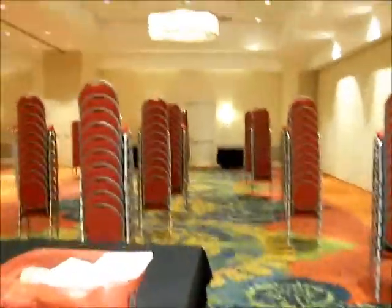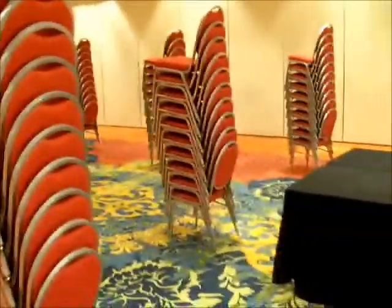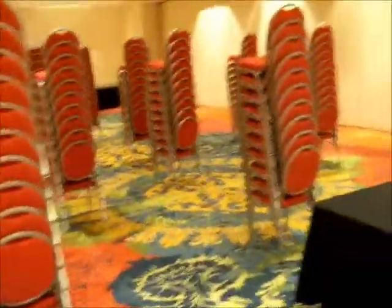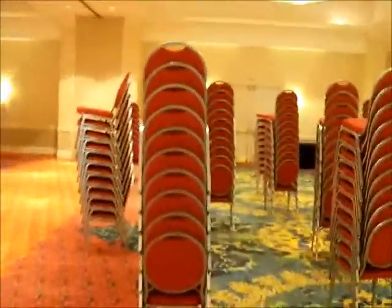So this is Salon D. You're actually looking at Salon D and E. E's over there, kind of where I'm pointing. But if you see this partition here, that's going to be drawn here. And from this point over, that's Salon D. It's about 2,000 square feet. It's pretty large, high ceilings. You can see that there's basically an infinite amount of chairs. They're going to offer all the chairs and tables. I'm just going to kind of walk through here and give you